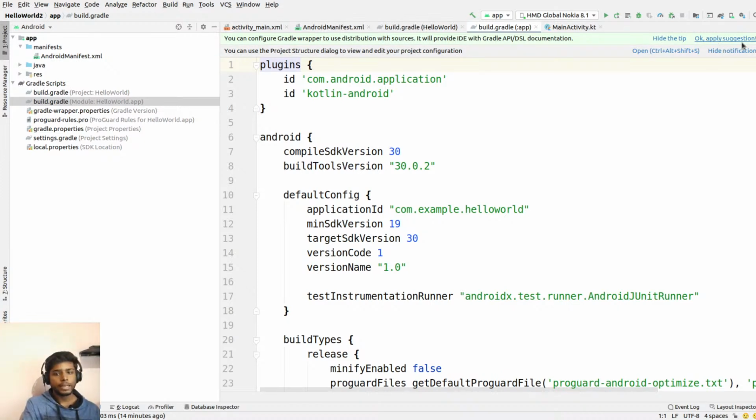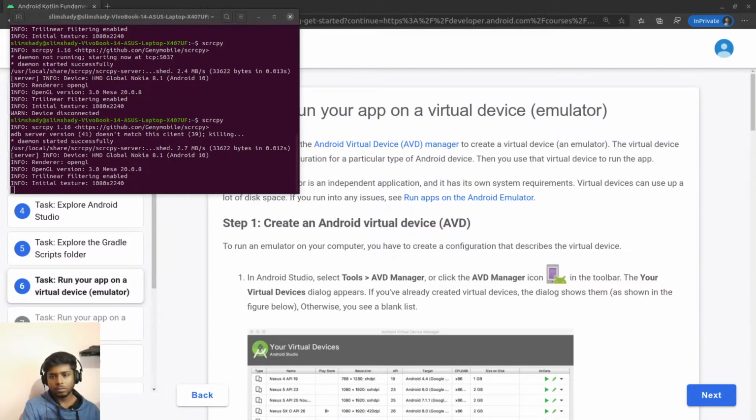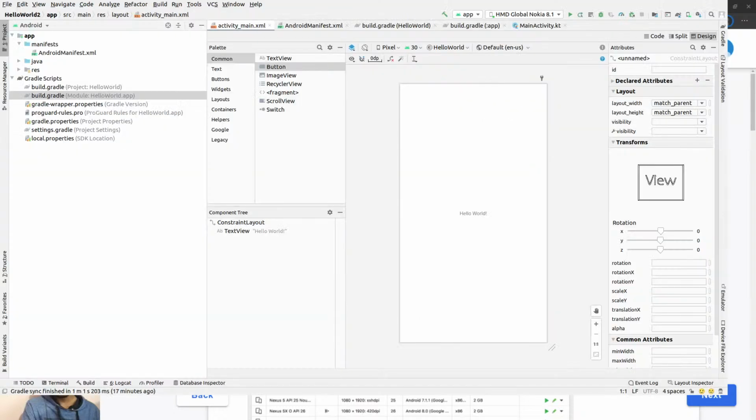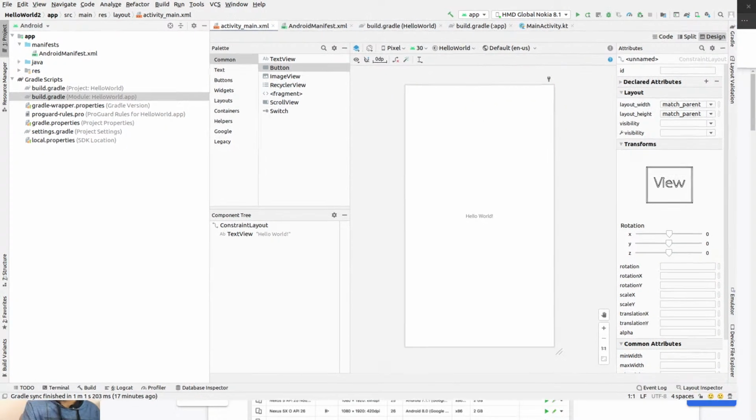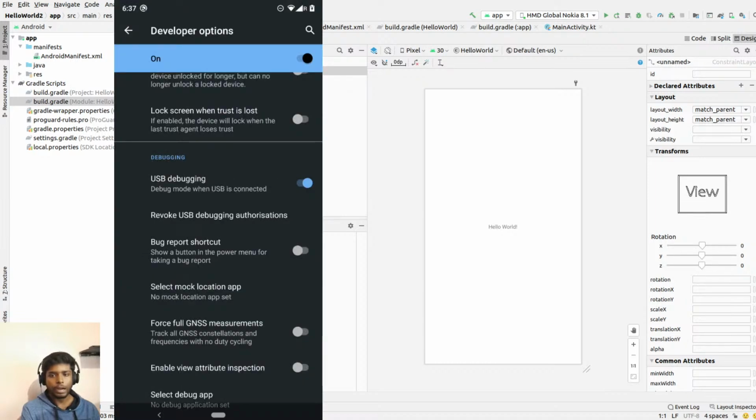If you look at the design, you already have Hello World, right? Cool. Now if I click on the play button, this app should run fine. I'll just screencast my phone as well and show you how it runs. So if I click on the play button,